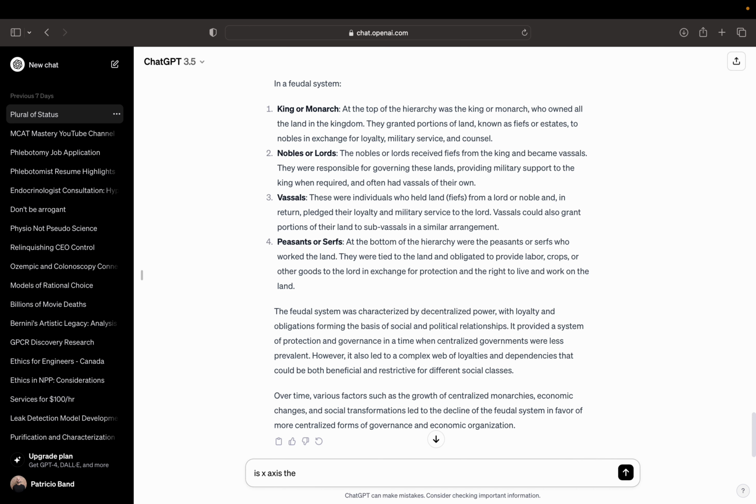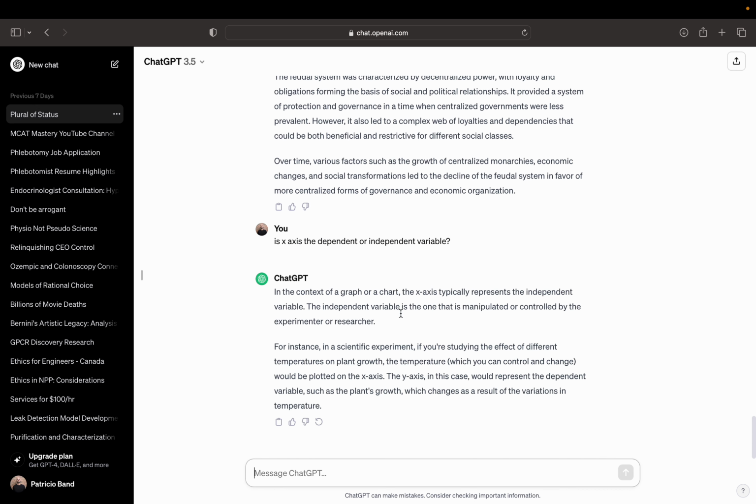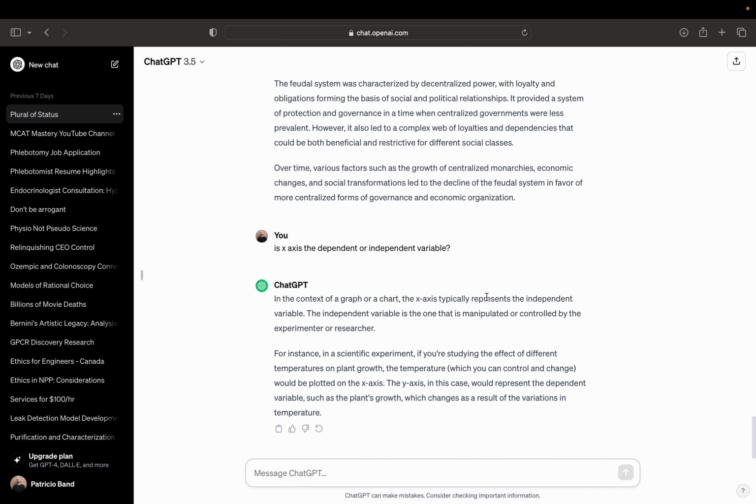Is the x-axis the dependent or independent variable? In the context of a graph or chart, the x-axis typically represents the independent variable. The independent variable, IV, is the one that is manipulated or controlled by the experimenter. For example, if you're studying the effect of different temperatures on plant growth, the temperature, which you can control and change, would be plotted on the x-axis,